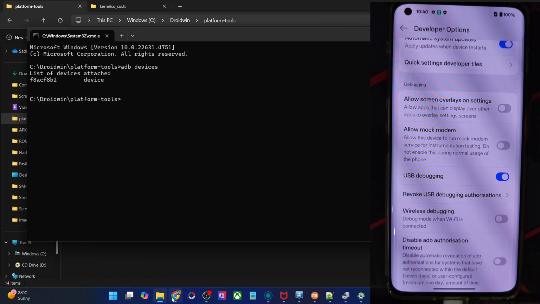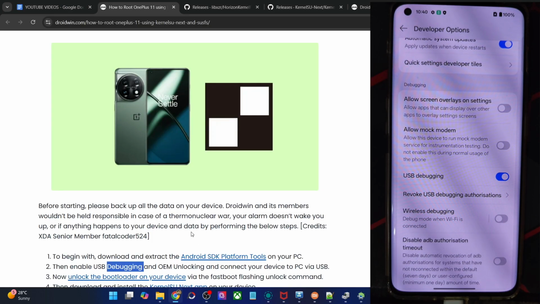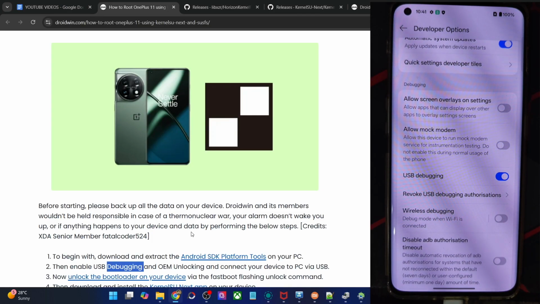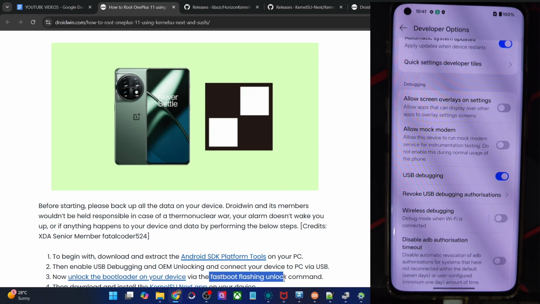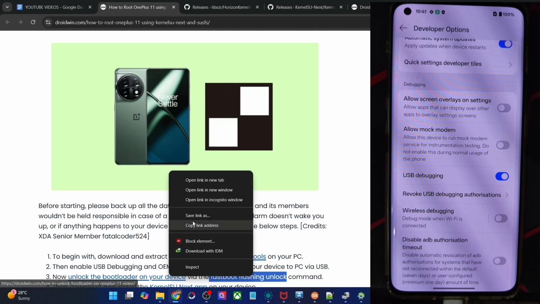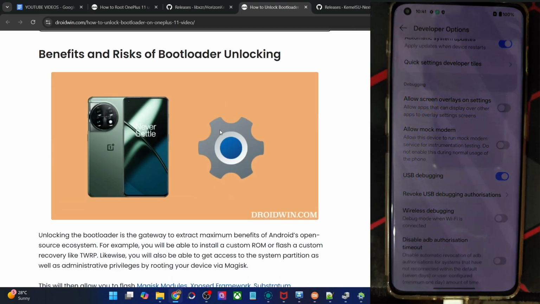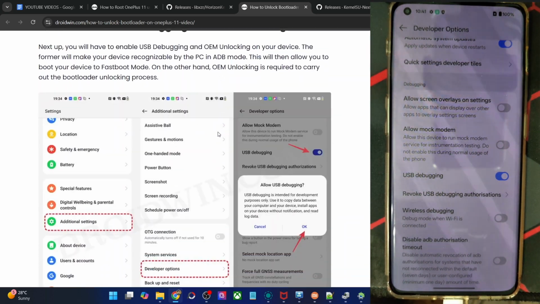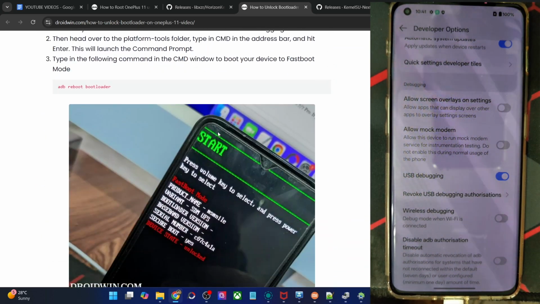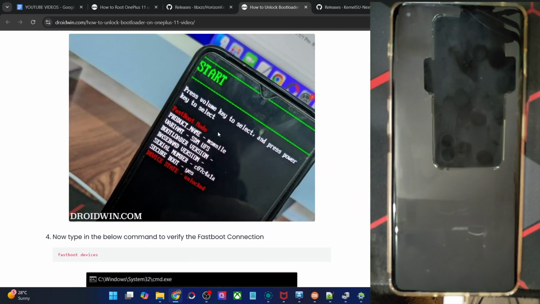Once you're getting this ID, you will now have to unlock the bootloader on your phone. Do note that for most Android phones, you just have to boot your phone into fastboot mode and use the fastboot flashing unlock command. You will then get a prompt on your phone. So use the volume key to highlight unlock the bootloader and press the power key to confirm. With this, the bootloader will be unlocked on your phone. In case of Xiaomi phones, you have to use the Mi Unlock tool or bypass the HyperOS limitation and get the job done. Anyways, moving on.